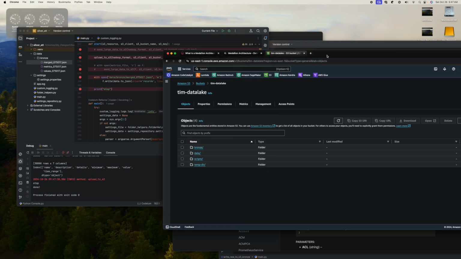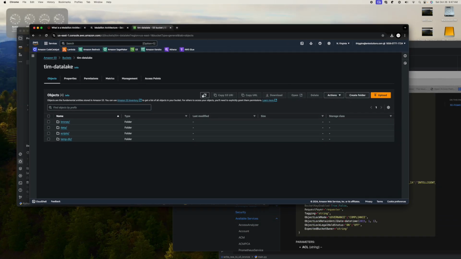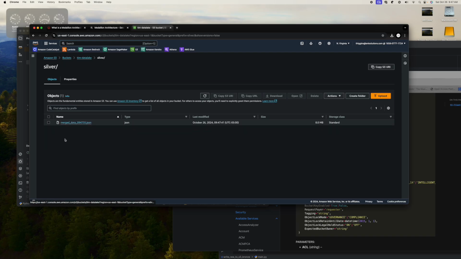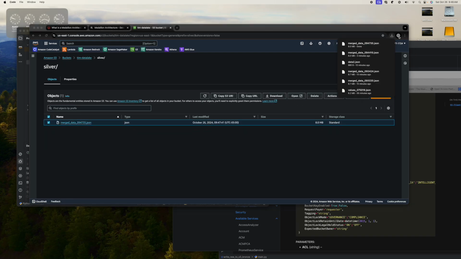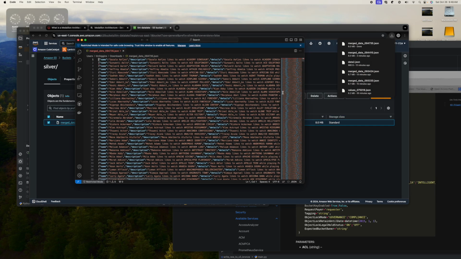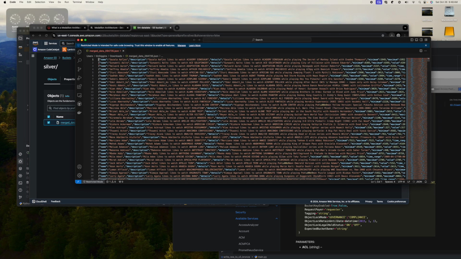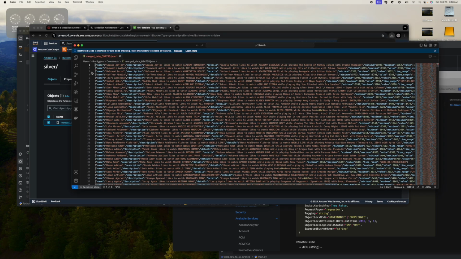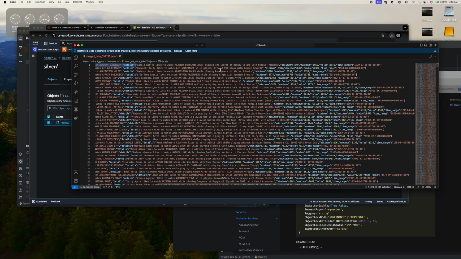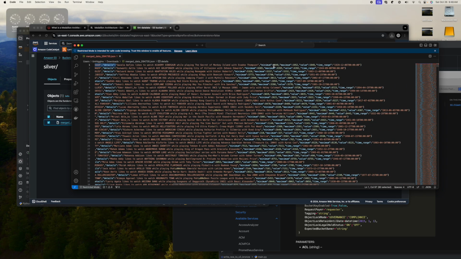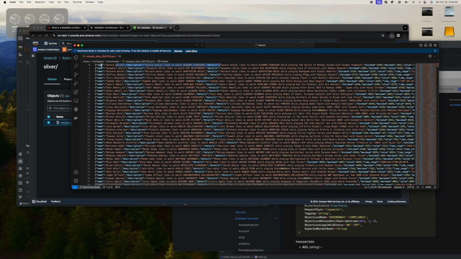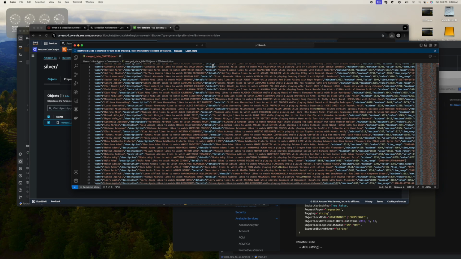So let's go over here and look. If I hit refresh, remember this is 30,000 rows of data. We're going to silver, and there's our data. Now if I click on this and download it, this now is in Hadoop format, which I don't like. If you notice, it's throwing an error because it wants a comma there, but I didn't create the product. You think Hadoop would just leave it as a normal JSON, that would get rid of this headache, but it didn't. But most importantly, it merged those two files, and notice it renamed our column to description, our details,